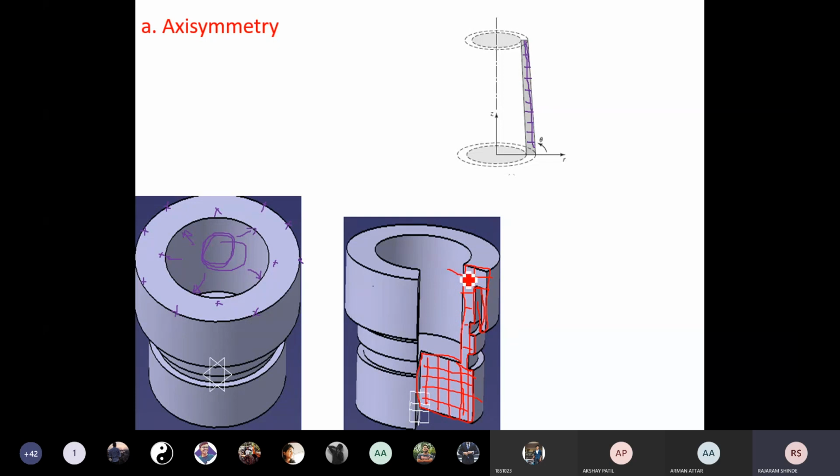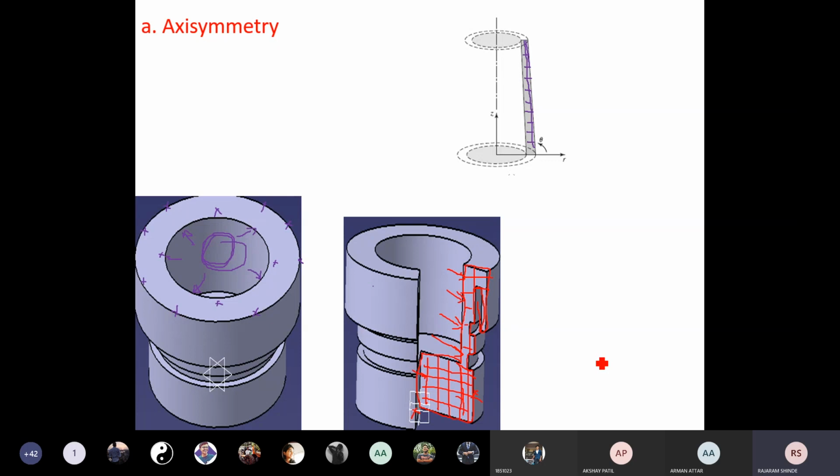Now loads are same at this location. Here these are the loads, or this is the gas pressure. Okay, this is gas pressure we are applying on this surface, and that same will be solved. And after solving this, whatever stresses you are getting here, that same stress you will get at this location. Okay, now in this way we can reduce the size of the problem, and when we reduce the size of the problem, we have to solve fewer equations, so computational time will be reduced.